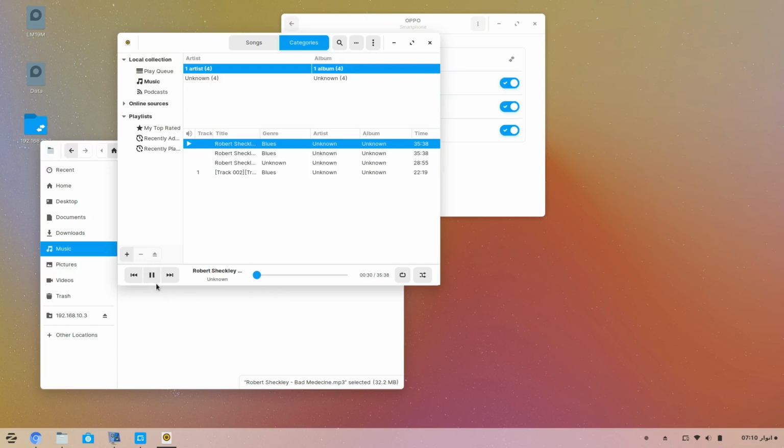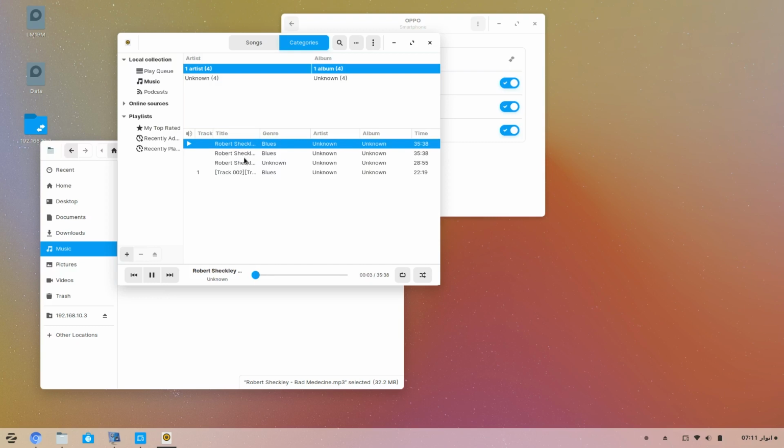Second thing is you can fast forward like I am doing. See, I am controlling this from mobile, and I can fast backward, and now I can play next audio. I just need to click the next button here. You see it changed, and I also can play previous audio. You see,